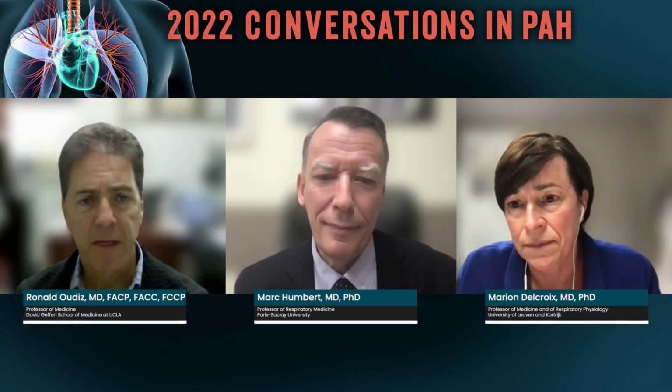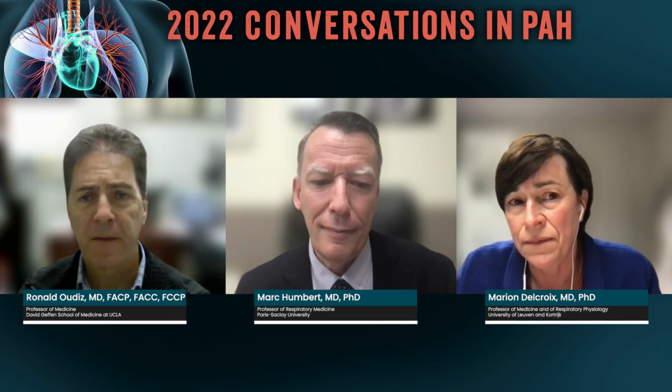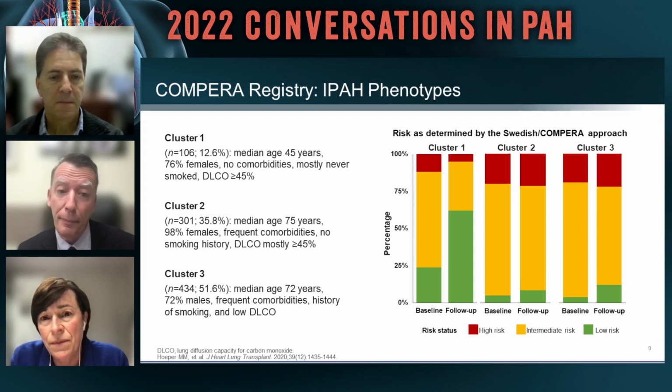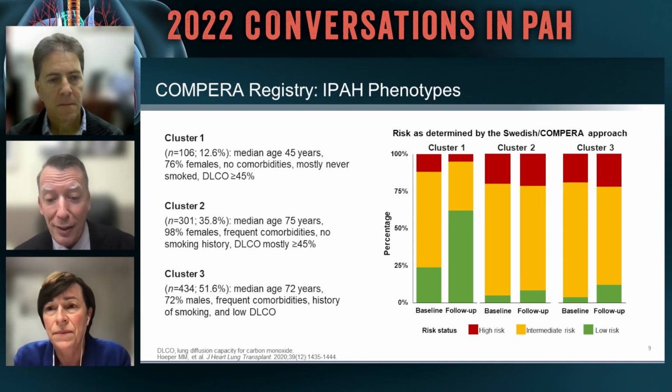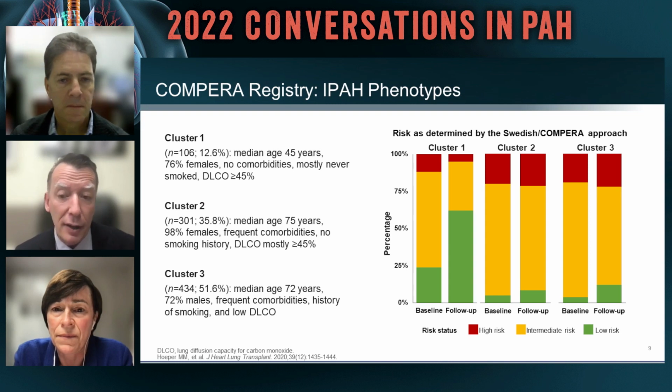The COMPERA registry is one of note that looks at the different clusters. Can you comment on how they did this analysis, Mark? Well, indeed, COMPERA and the Swedish registry have been very clear that patients in the pulmonary hypertension registries were not as classic as they used to be in the very first NIH registry or in the very first years of the French registry. And with a cluster analysis, the COMPERA colleagues, including Marion, who is sitting with us, clearly showed